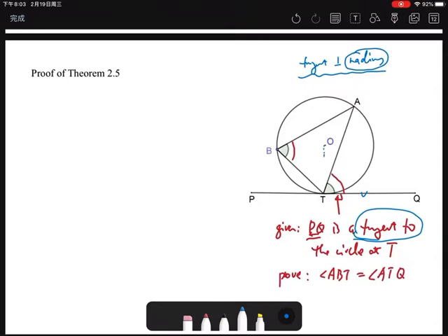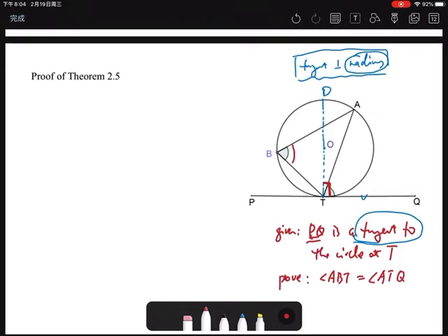Okay, we do not have a radius. So if I join OT, because T is a point of contact, OT will be the radius. Then I also extend OT and meet the circle, suppose at point D, and by tangent perpendicular to radius, we will have